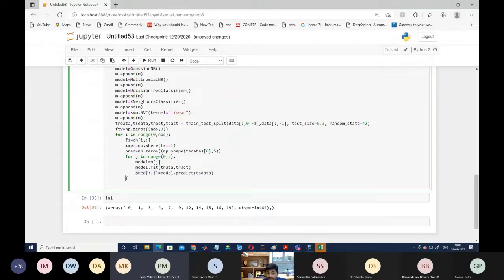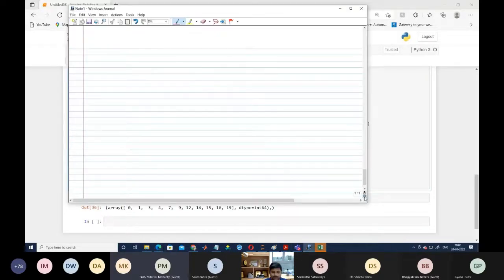Once we come out of this loop, it means we have already used the 5 different models, and we have calculated the predicted value using this feature. Now you can see how to use this feature. We are going to write here IMPF. This is called the important feature, and here we are also writing all columns comma IMPF. We are using this as an important feature. First, we are finding what important features the chromosome number 1 is suggesting. Say it gives 1, 3, 5, 7. Now we are training the 5 different models by using 1, 3, 5, 7.